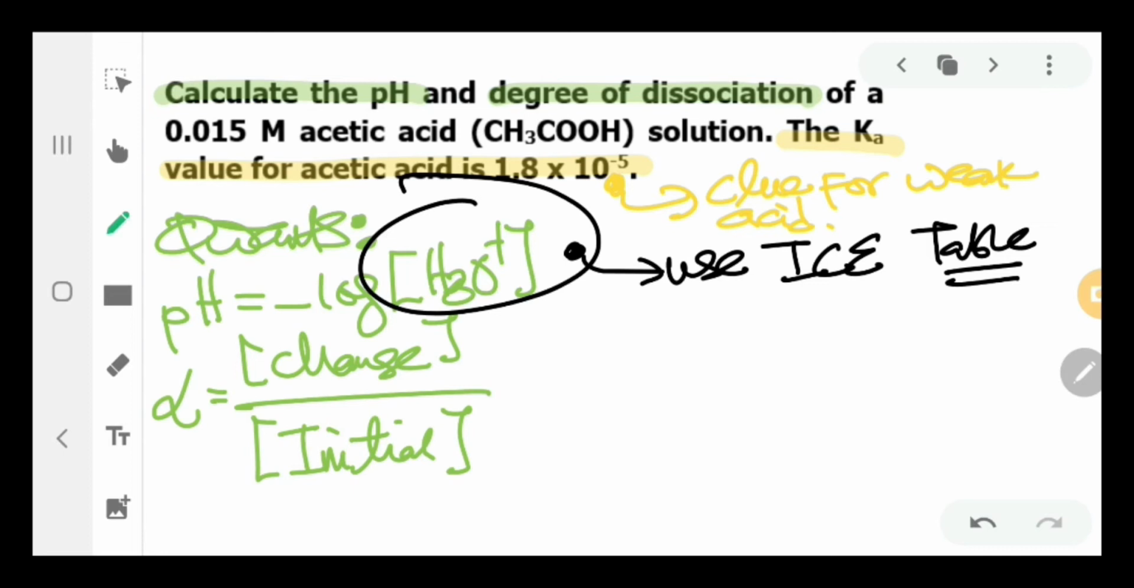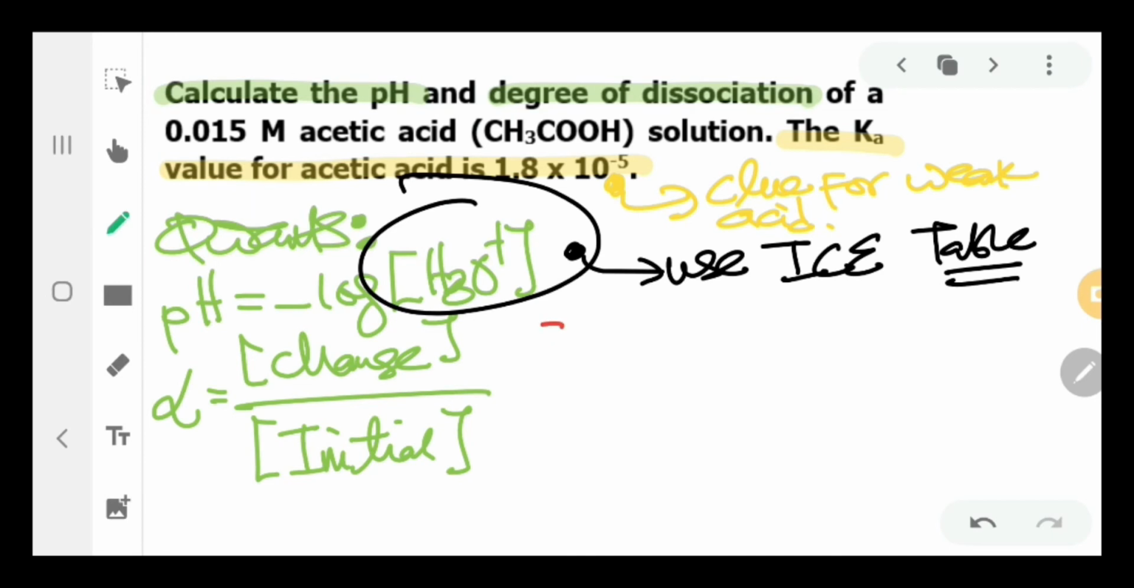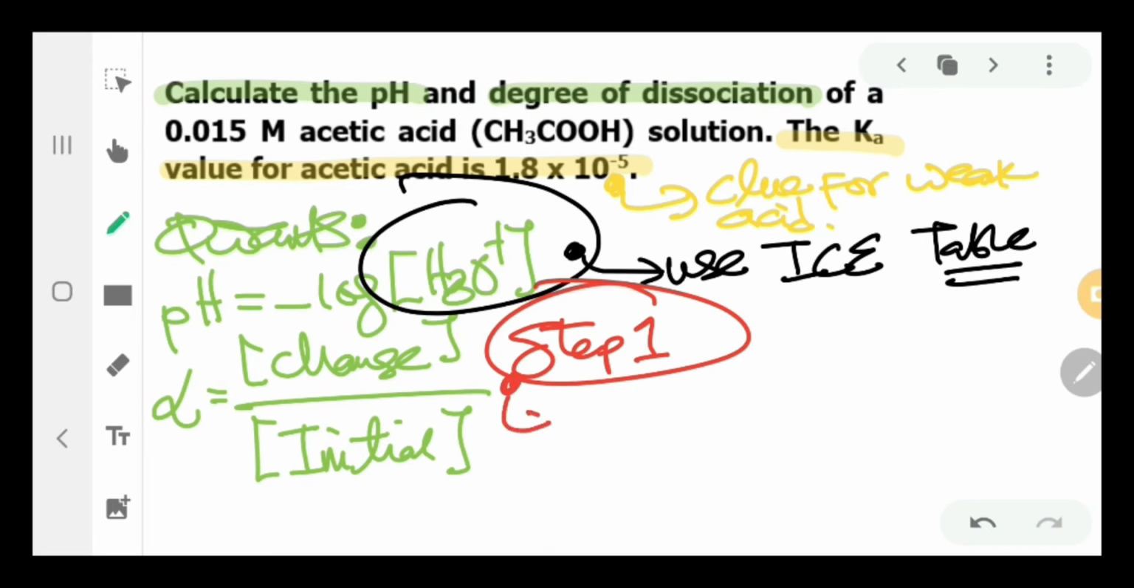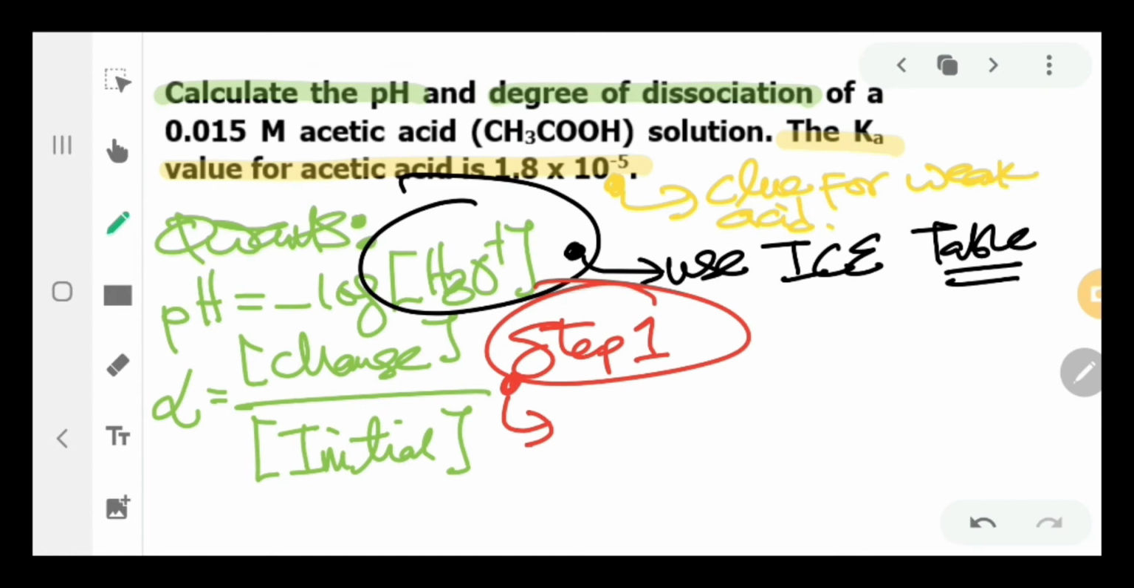Okay? Before we produce your ICE table, note that in this question, it doesn't give you the balanced equation. So the first thing you need, step number 1, is to write your balanced equation, which is